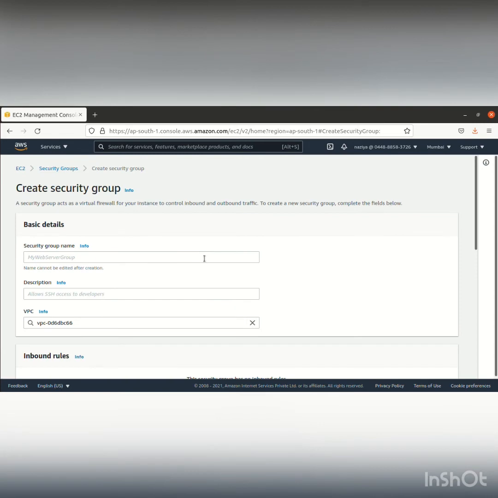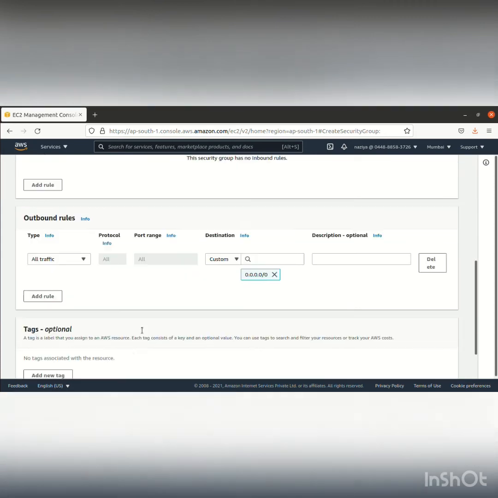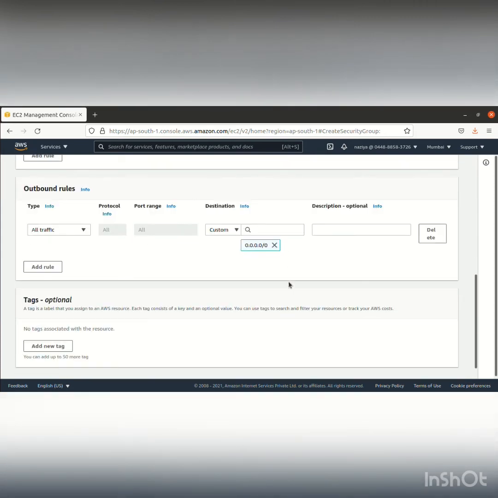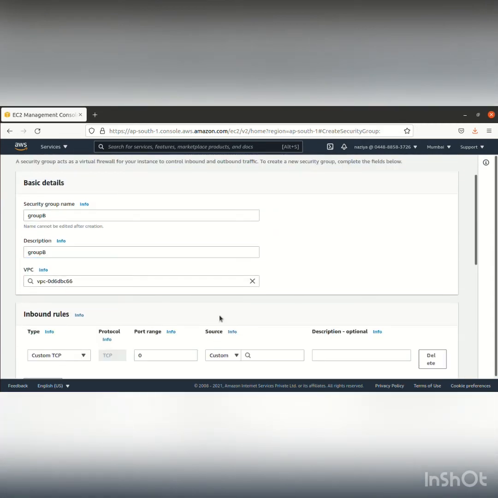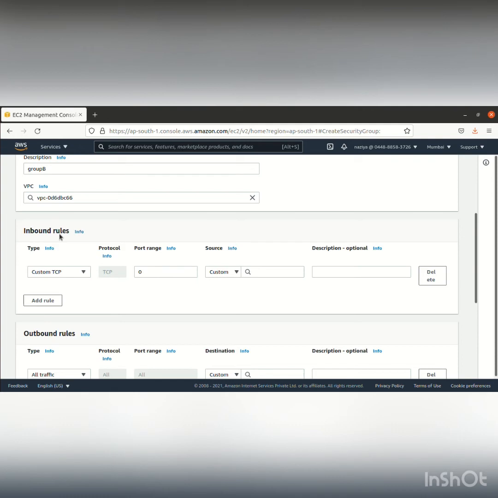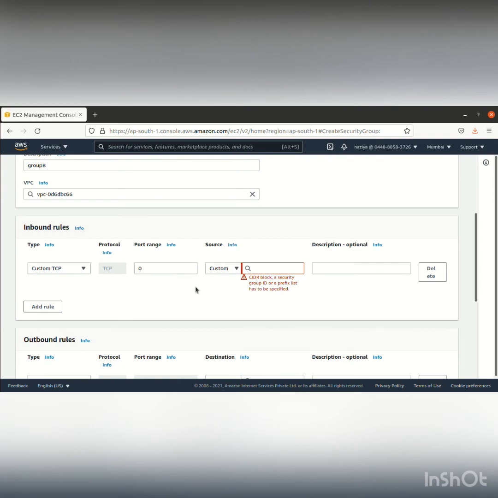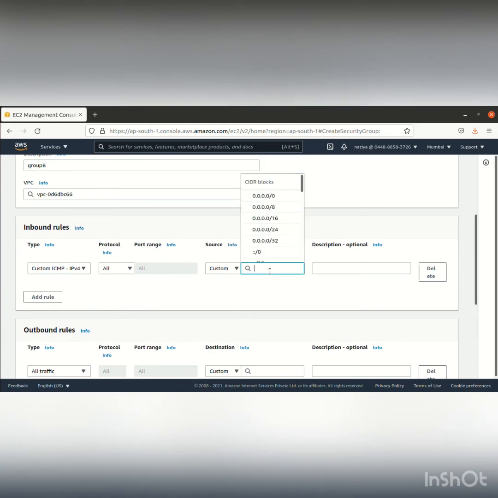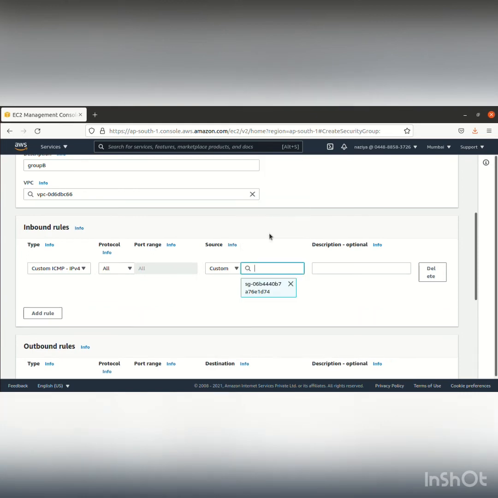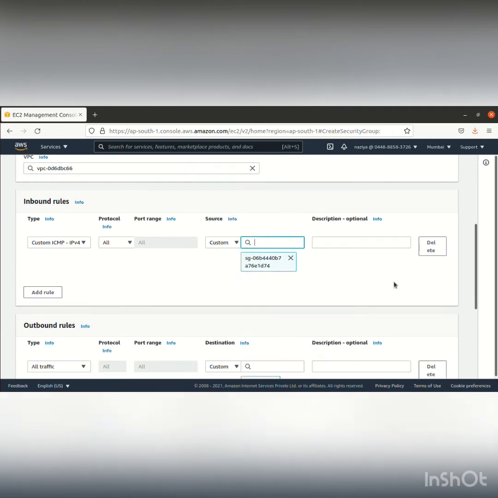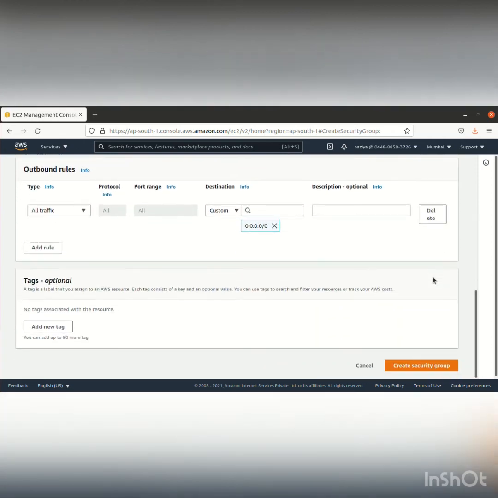Okay, I'll create one more security group as group B. And here also I'll name it group B. Here we need to change this custom TCP to this, and for the group we'll specify group A for now and check it.